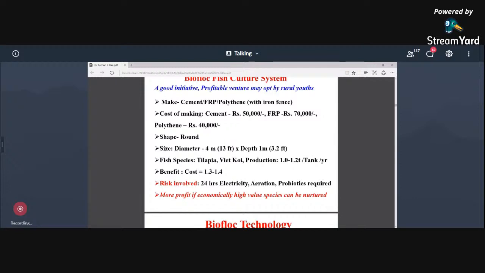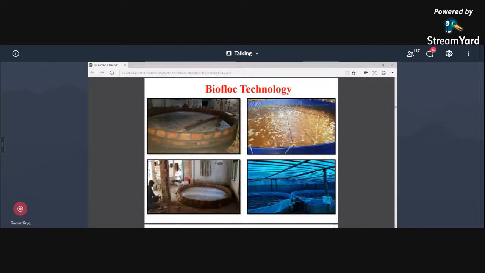Next slide, please. So this bioflok technology is for our youngsters and all rural areas. But my submission to this web clinic is